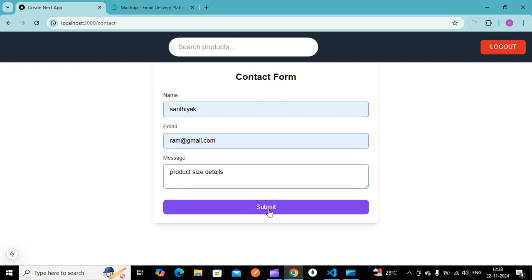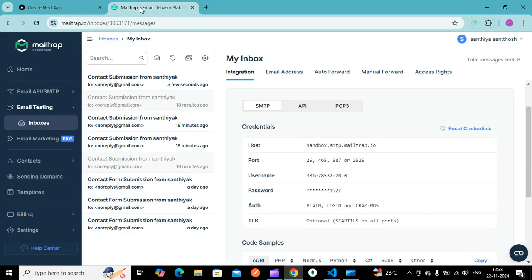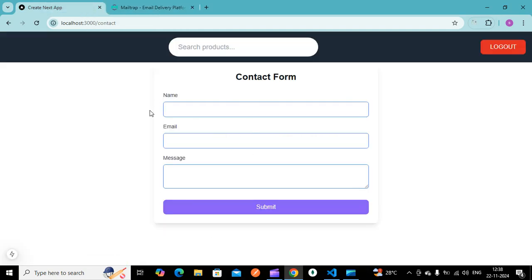Once I submit, you will get an email sent successfully message. And here you can see the message which we have sent, the message from the name of the particular user, and also the email ID and the product size detail. So this is all about the contact form.